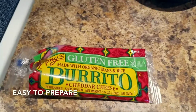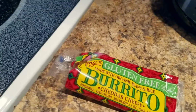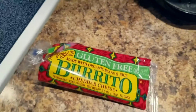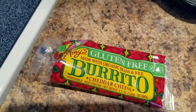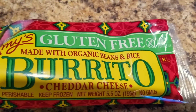What I love about Amy's products is they're all vegetarian, and I am vegetarian since I was 16, so quite a while, over a decade. I love that they have all these great frozen meals and burritos and all different stuff, appetizers, you name it, they probably make it, and they're all vegetarian and they're all on the healthy side. So this is Amy's gluten-free